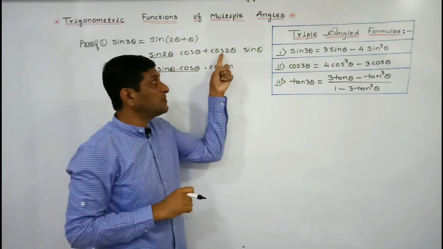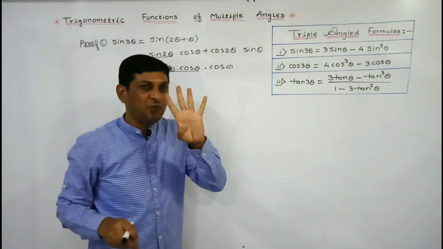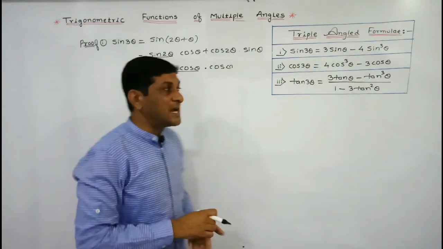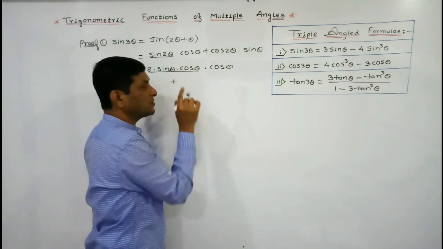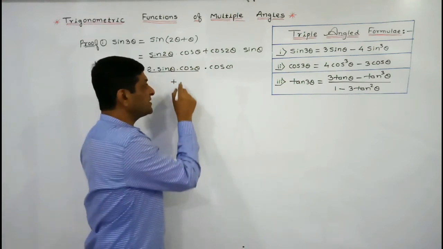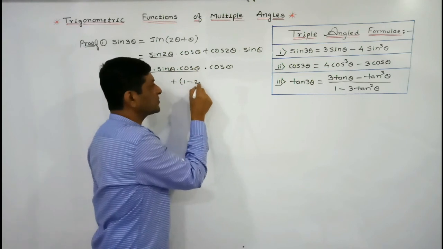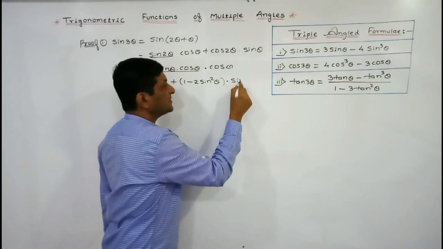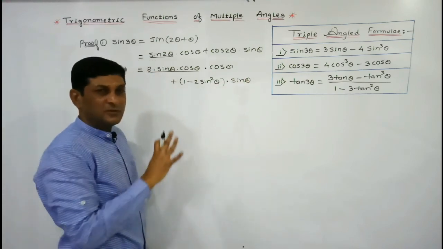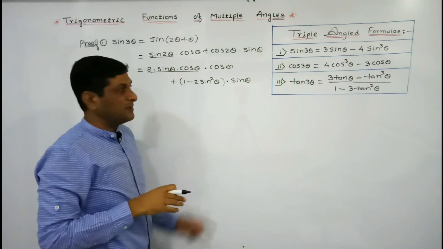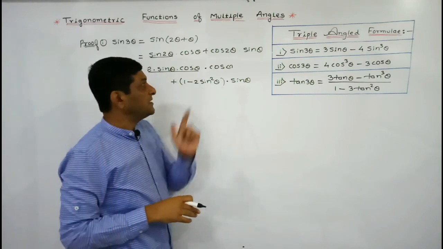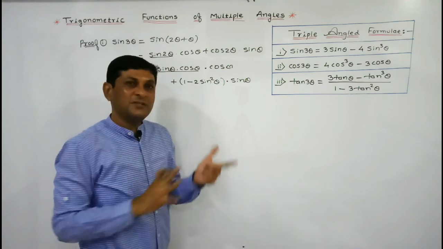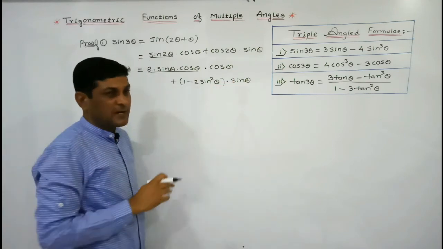Now we have to substitute the value of cos 2 theta. We have 4 values of cos 2 theta and our required result is in terms of sine. That's why we are substituting the value of cos 2 theta in terms of sine. And what is its value in terms of sine? 1 minus 2 sine square theta, into sine theta. Keep sine theta as it is. Now once the values are substituted, meaning once the double angles are eliminated, not a single term contains a double angle, isn't it? So the remaining part is just to simplify this expression to get our required result.